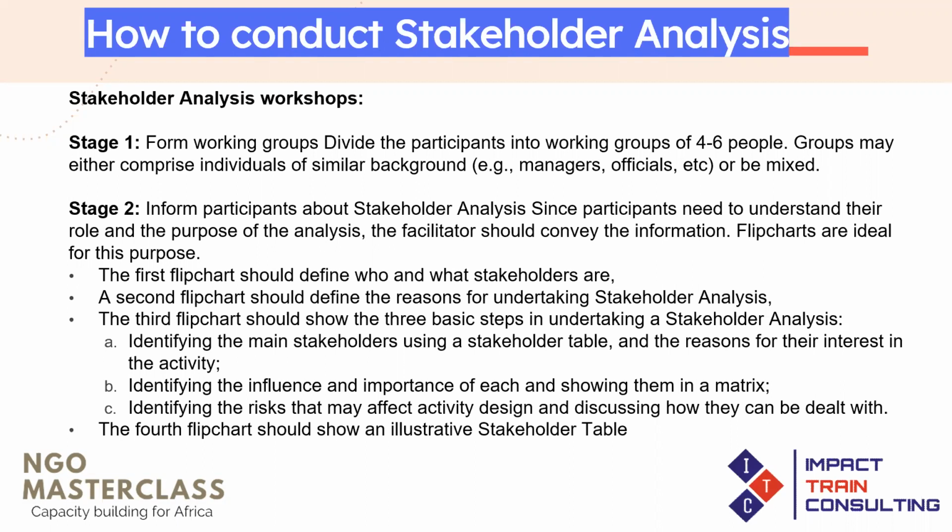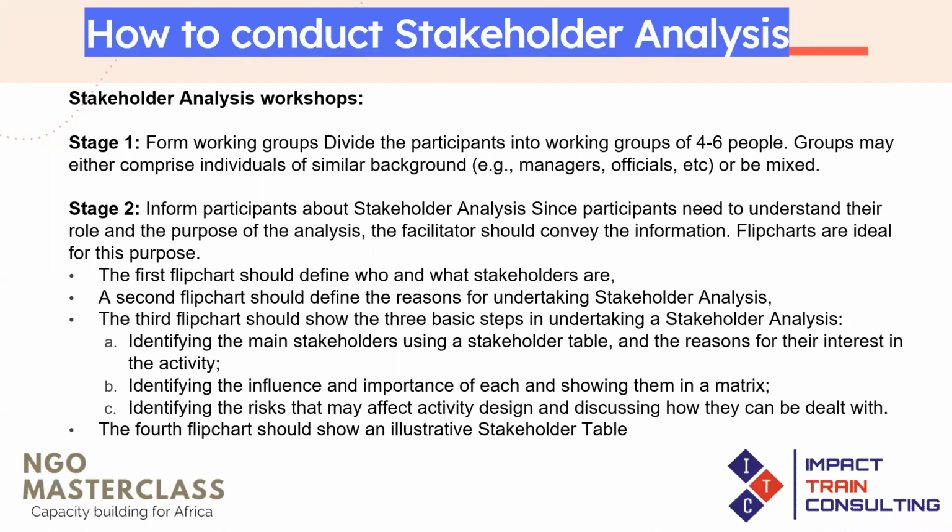So you want your participants in each group to draw out a table to create what we call a stakeholder table. A stakeholder table will have a column where you talk about each of the stakeholders, and the next column will talk about the interests of all the stakeholders and whether they affect you, or are affected positively or negatively, on that project. And after you've created the stakeholder table where you've identified all the stakeholders, the next thing that you're going to have the participants do is